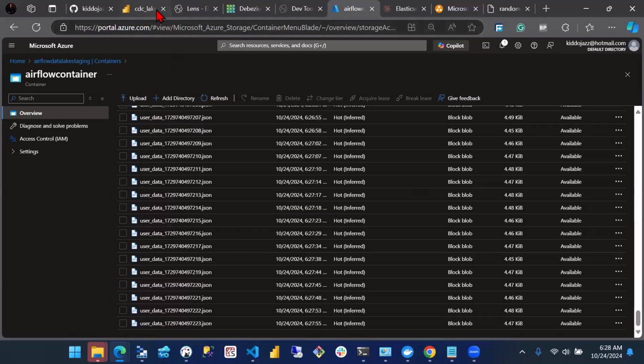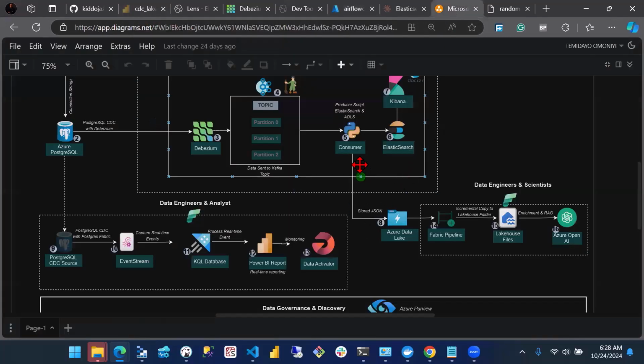So from the architecture, remember I said that the data now comes here, right? So there's a pipeline that picks the data and sends it into the Lakehouse file folder part. You know that the Lakehouse has both the tables and also the file system. So I'm sending data into the file system. They call it volume in Databricks or something, right? So I'll go to